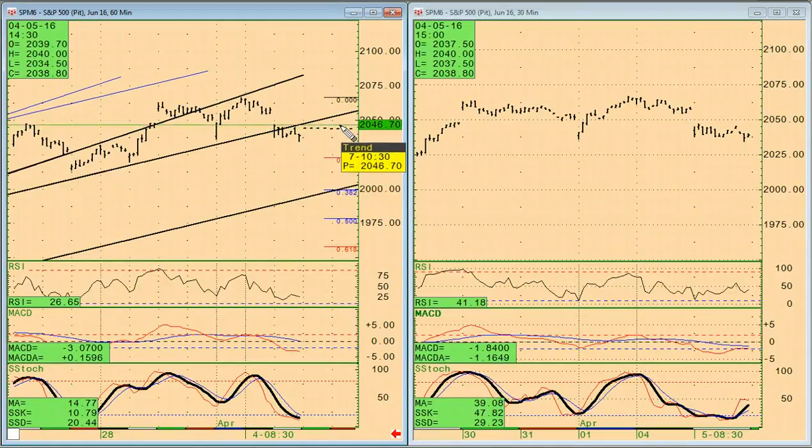tomorrow if this market can start pushing up into the gap above Wednesday's early high at 2047, it probably is headed back for 2060, or the much bigger resistance we'll see on the intermediate term charts up at 2075 to 2085. Again, lower support is down around 2020 to 2010 with a buffer down to about 2008 or so.